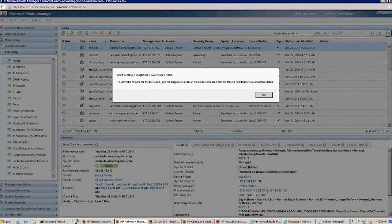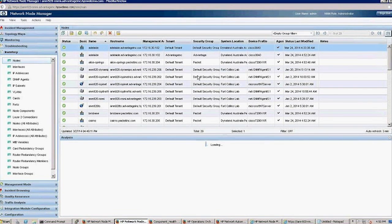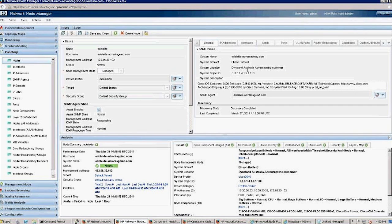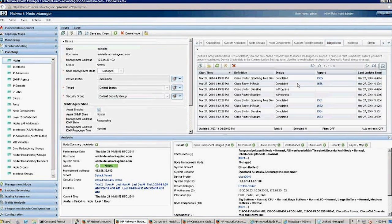So right now, I ran that diagnostics on that particular node, which shows that NNMi created 4 diagnostics flows from this particular node. So let's look at what those flows are. If I go into that node and go into the Diagnostics tab here, it says that it has completed show IP route for me, shows spanning tree baselining for that particular node. And if I click on one of these reports,